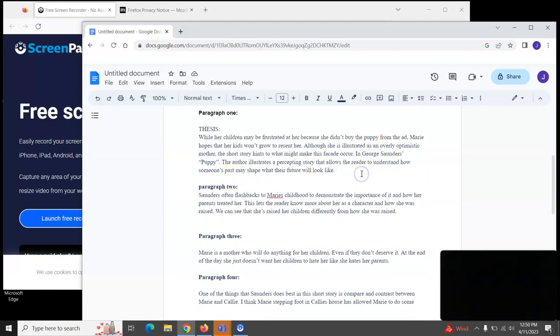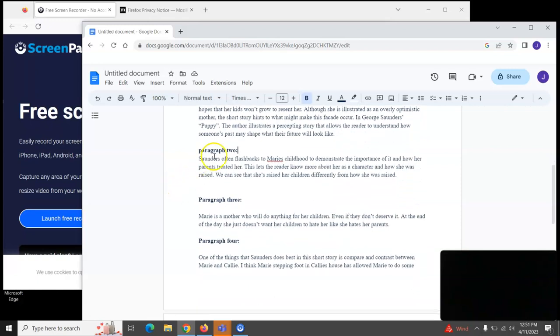So, first I'm going to probably change this up a little bit. Now, reading it over, I understand that there's not really precise arguments. I think I'll change this up and talk about how the author does a good thing. The author does a good job in making flashbacks, which is right here in paragraph 2. So I'll probably go over that, add that to my thesis statement, and give an actual precise argument.